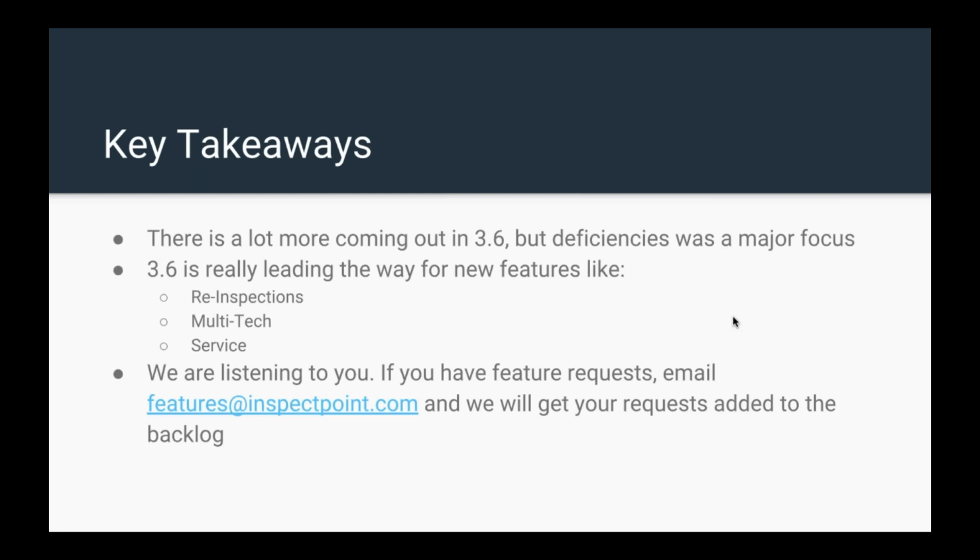And while we can't always promise that everything will be added, we do evaluate every feature request that comes in the door. So if you have any ideas or any features you'd like to see, while support is a great way to let us know about that, we also have a dedicated email that just handles our feature requests. So if you have any of those requests, just email features@inspectpoint.com